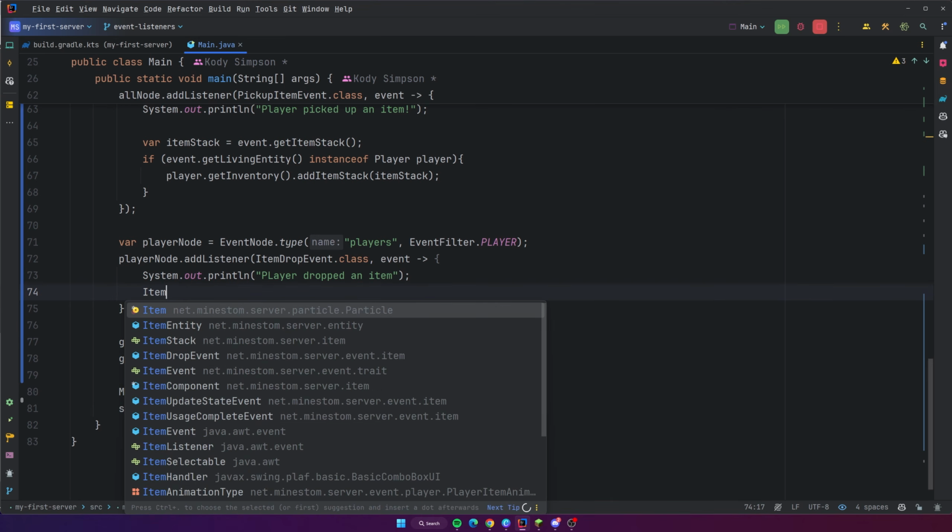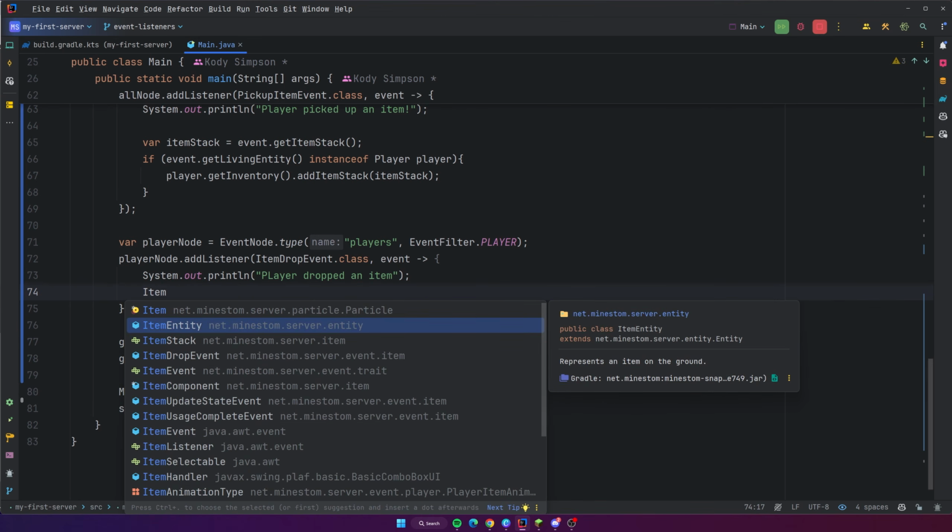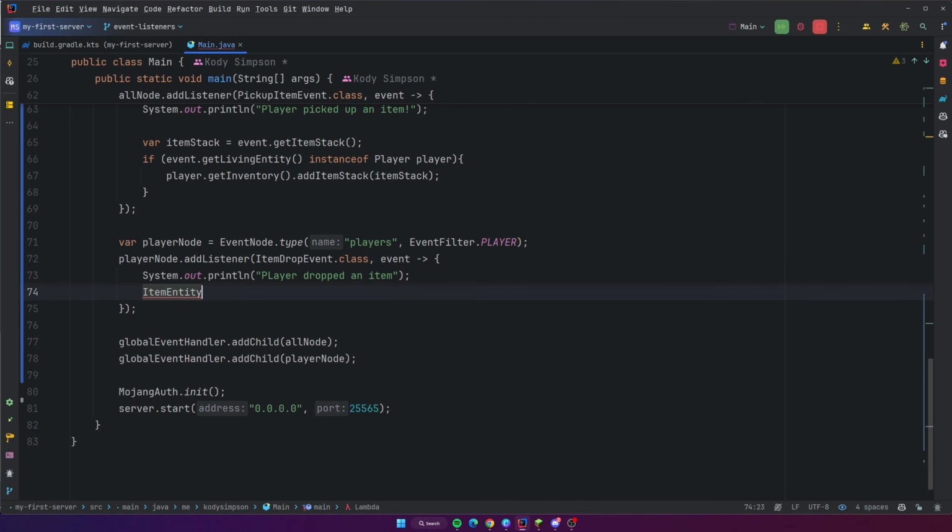Don't focus too much on the actual code part of the handler, because again, this video is supposed to be about event listeners, not entities and stuff like that. So focus more on the listener part of this, but I'm sure you're curious on how to do this as well. So like you saw just a second ago, when we pressed Q to drop the item, nothing happened. So that's the part that we actually need to implement.